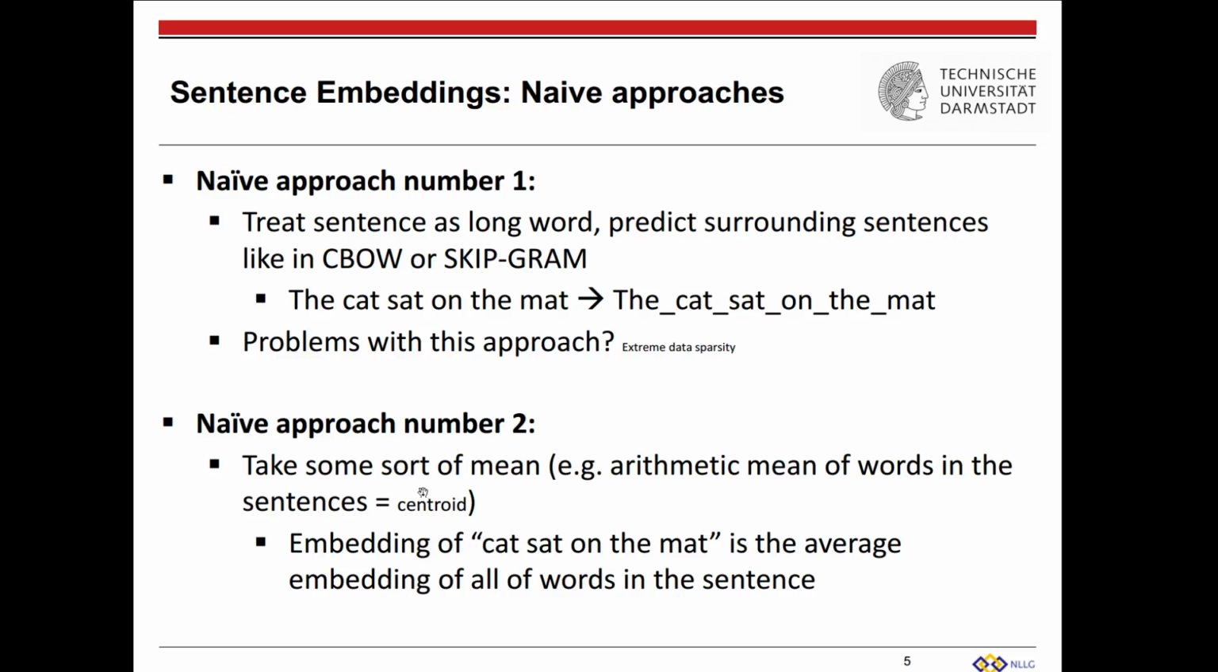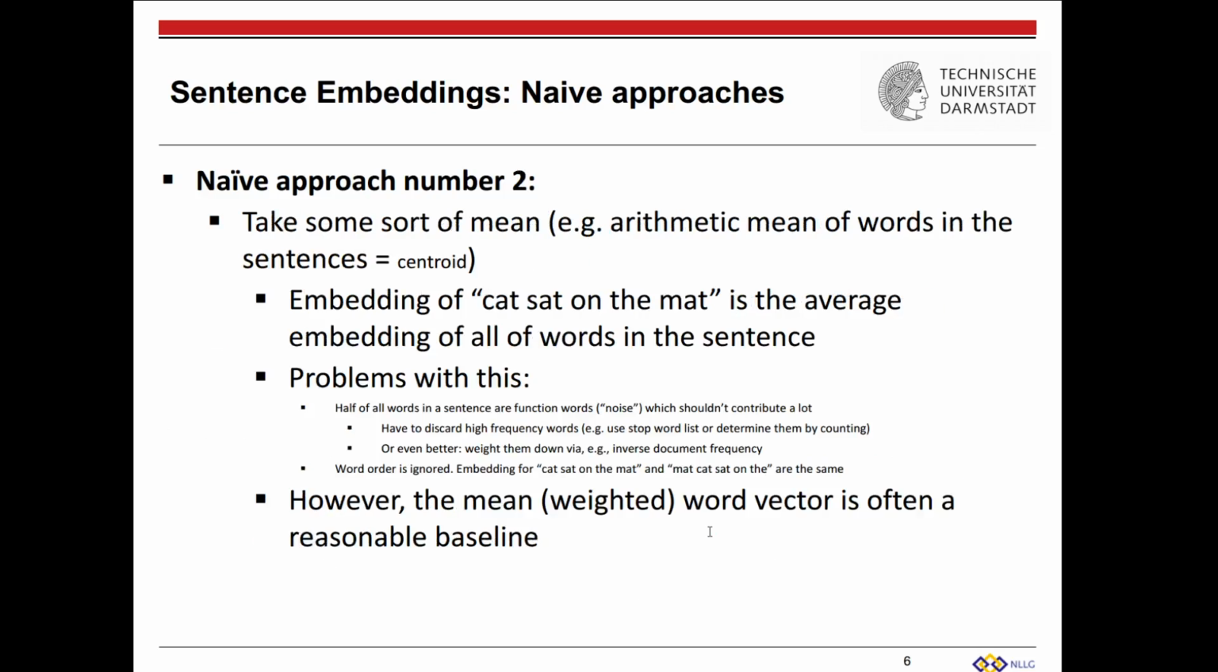Naive approach number two is what I've already said for the document embeddings. When I said we take the average over all the sentence embeddings, we can do the same for a sentence embedding. We can take the mean embedding of each of the words. So we have all the words, we have our word embeddings, we take the arithmetic mean, so it's just like the standard average. You add all the embeddings up and divide by the number of embeddings that you've added up. And so the embedding of "cat sat on a mat" would be the average over all these 1, 2, 3, 4, 5 words. So what is the problem with that? The problem is